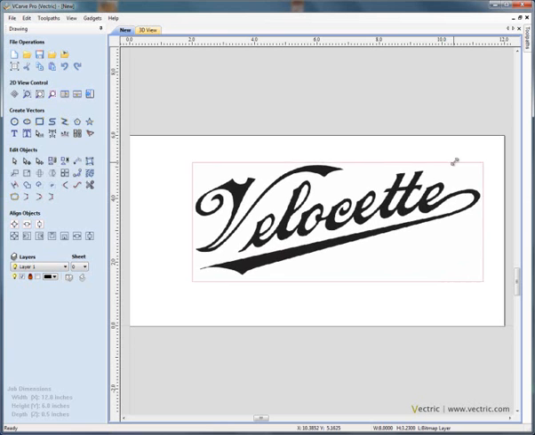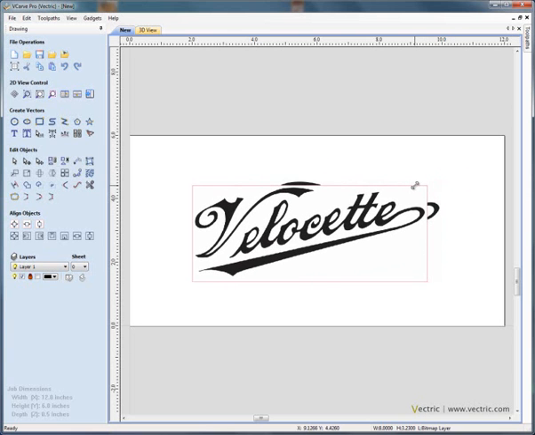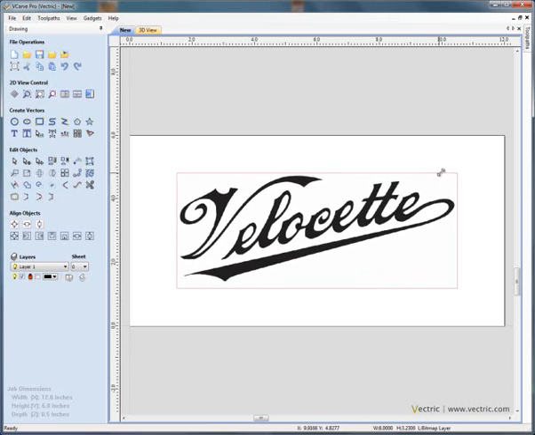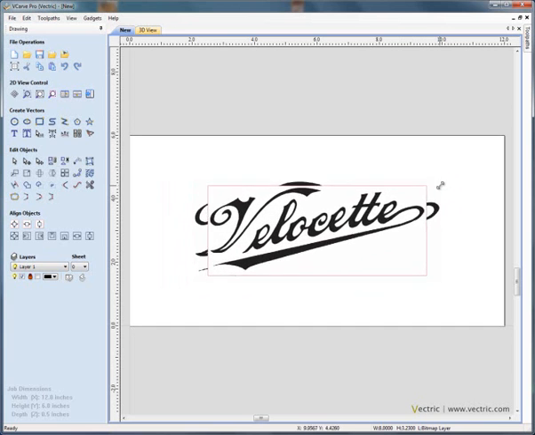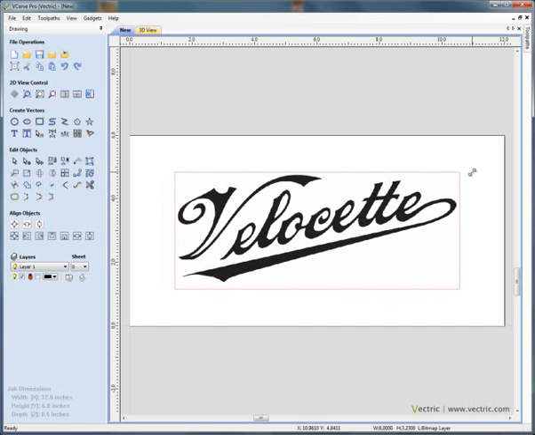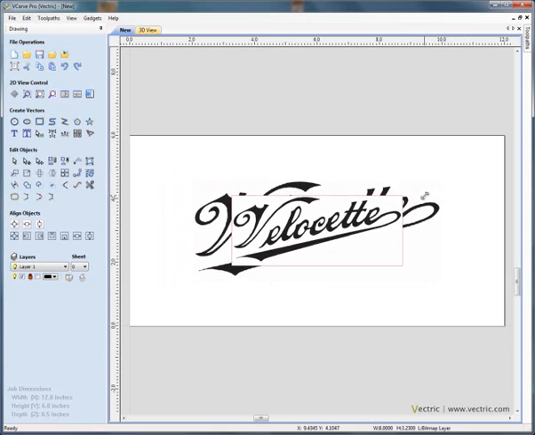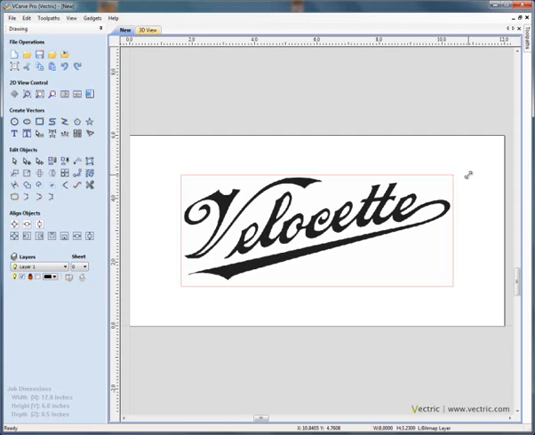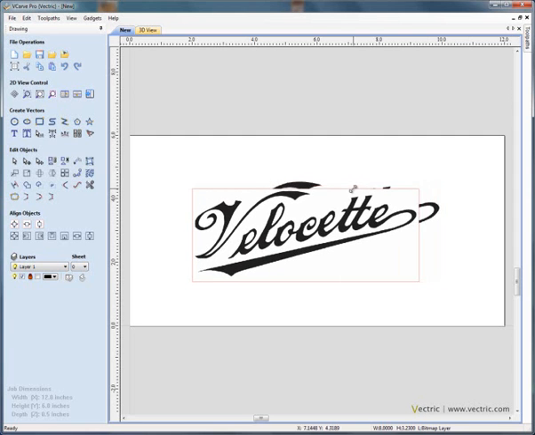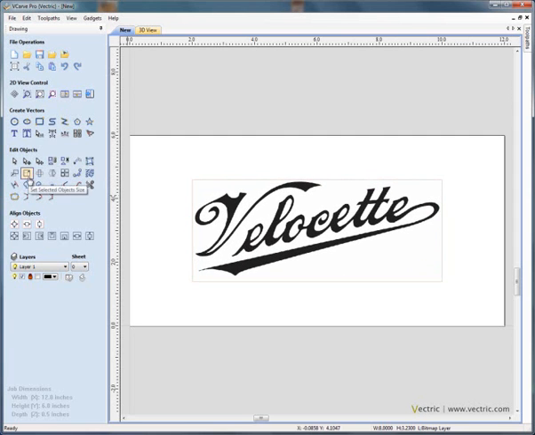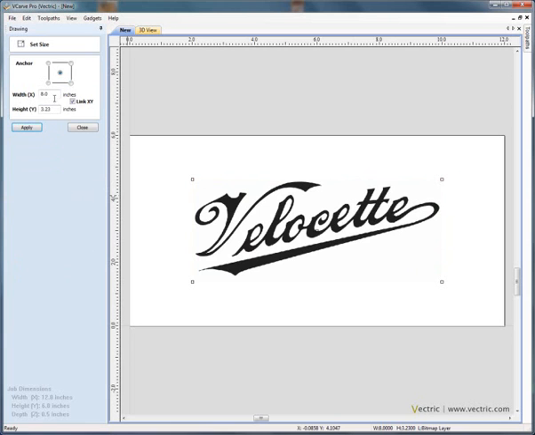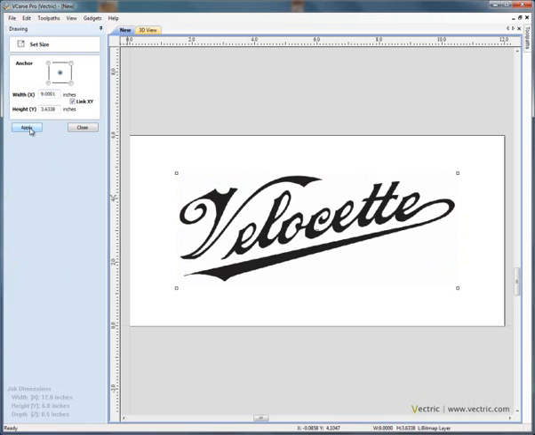We can click and drag with the left mouse button. Alternatively, if we hold the shift key down and click and drag, it scales about the center of the selected image. This is the same as if you're using vectors. So shift key, click and drag on a corner and it will scale about the center of the selection. We can also use the image sizing or the object sizing option from the menu, so we can set the exact size for the selected object. Here we can say, okay, we want the width of this JPEG to be exactly 9 inches, and apply and